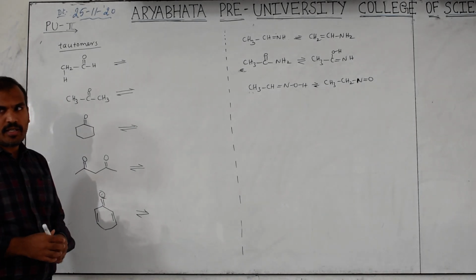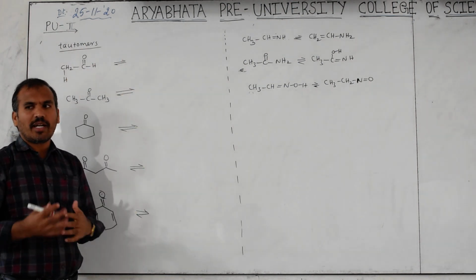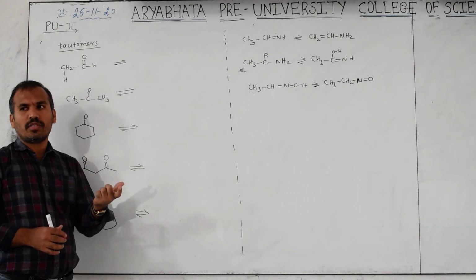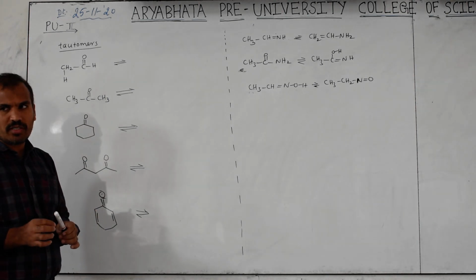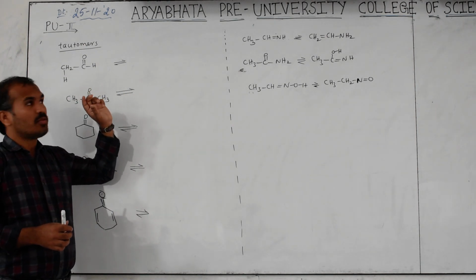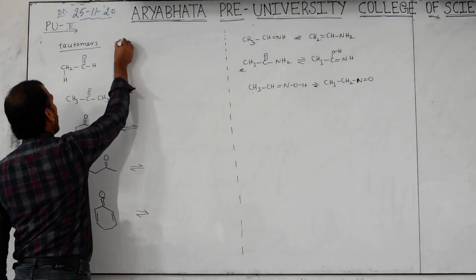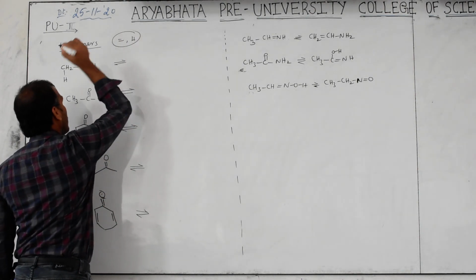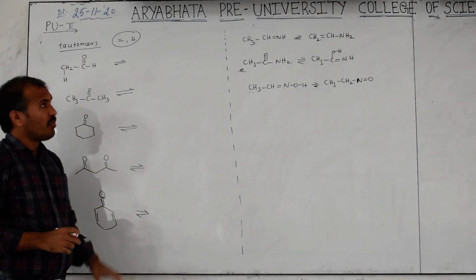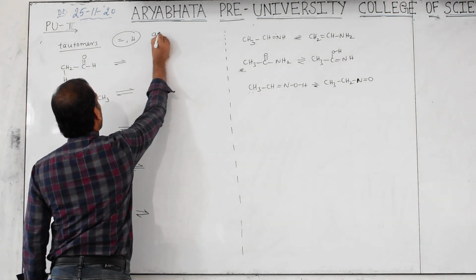Now the sixth isomerism is tautomers. The phenomenon is called tautomerism. What are tautomers first? They are two isomers that differ in the position of a multiple bond. Generally a multiple bond is a double bond or a triple bond, but we are discussing only the double bond here. So they differ in the position of the double bond and hydrogen. That is called tautomers. But before discussing tautomers, we have to learn about acidic hydrogen.